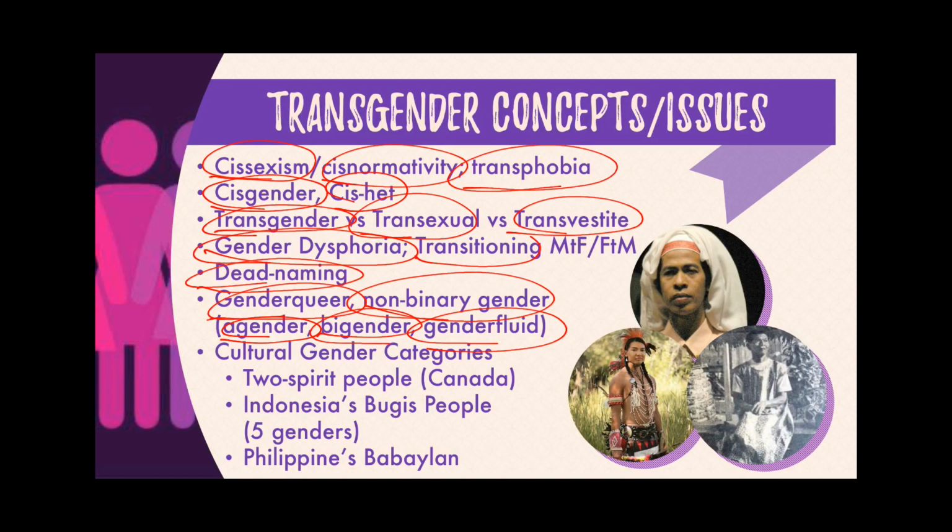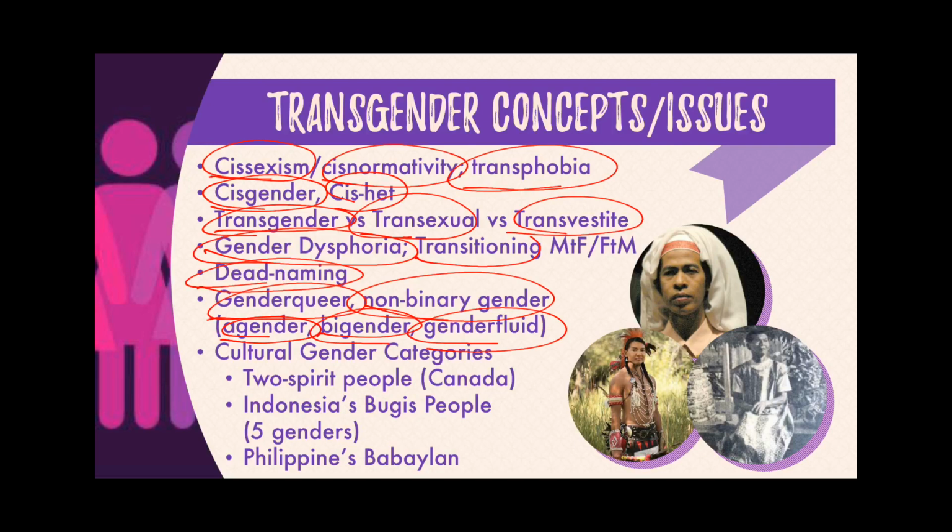Now, one of the criticisms against the SOGIE framework is that SOGIE is very Western leaning. It tries to impose its idea of gender and sexualities on all cultures. Well, in fact, some other cultures like the Philippines and other indigenous cultures have their own framework of understanding gender and sexuality, and that's why, in its goal to become more progressive and more inclusive in terms of how sex and gender could be understood on a more global scale,